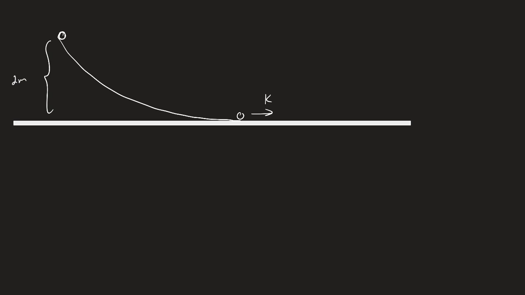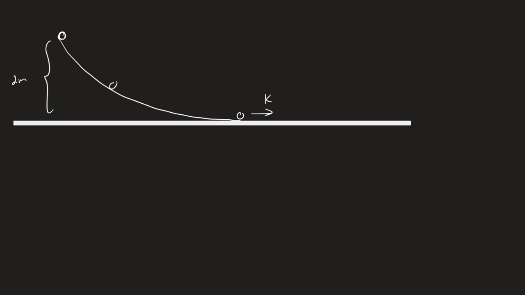In the past, this would be a problem that we would not be able to do for a number of reasons. The first one being, is the acceleration ever constant? If we look at the beginning, it's very steep. If we look here, it's not as steep. This is not a straightforward incline where the acceleration is going to stay the same all the time. I would not be able to calculate the work done. I would not be able to calculate the acceleration. I can't use what we've talked about so far this year to solve this problem.